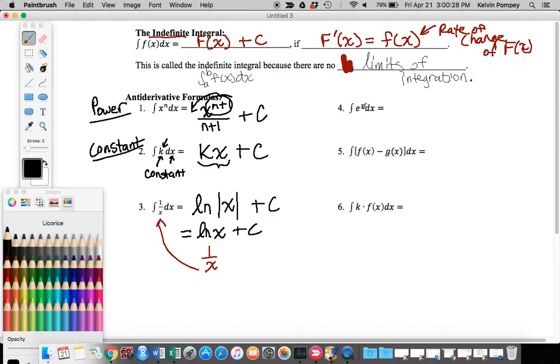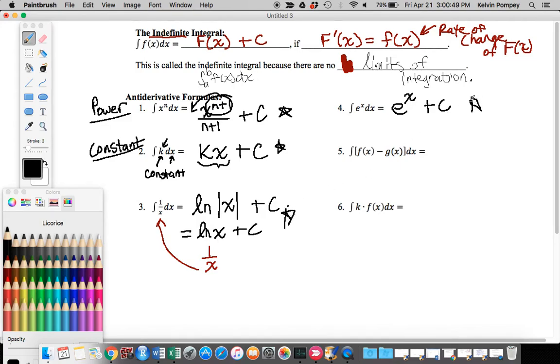Well, we know that the derivative of e to the x is e to the x. And so if I want to find the antiderivative, this is probably the easiest antiderivative: e to the x plus c. All right, so these 4 rules are rules that you're going to want to remember for the rest